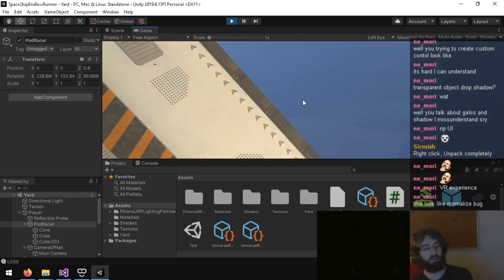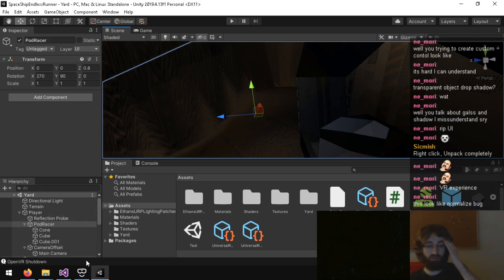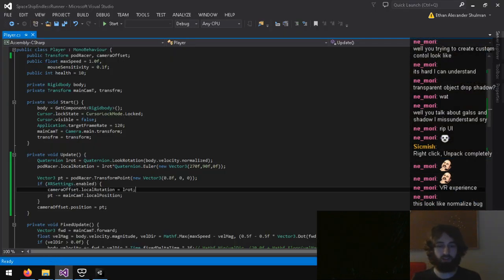Looks like normalized bug. It's the wrong up vector. I need to apply a different rotation like this to the local rotation. Or